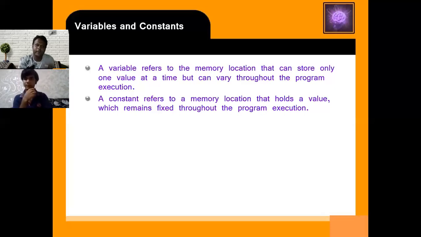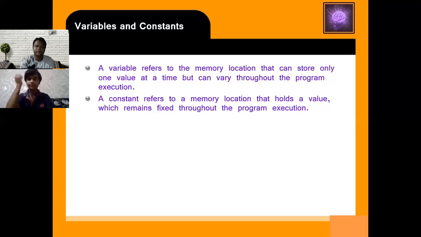When you take the input from a user and want to store some value, you require a memory location. That memory location is called a variable, and the variable value changes throughout the program execution.